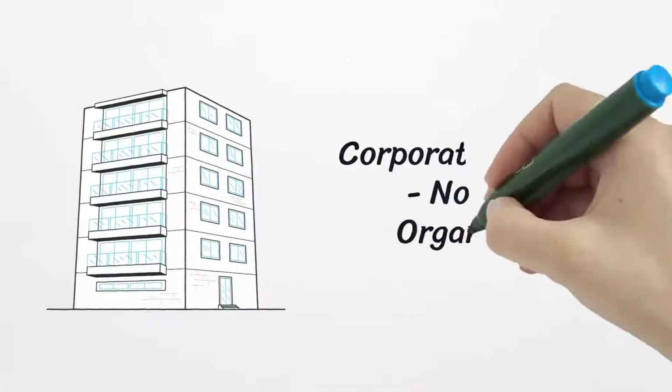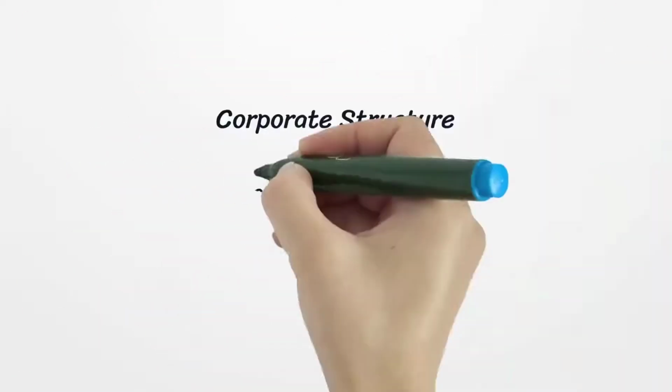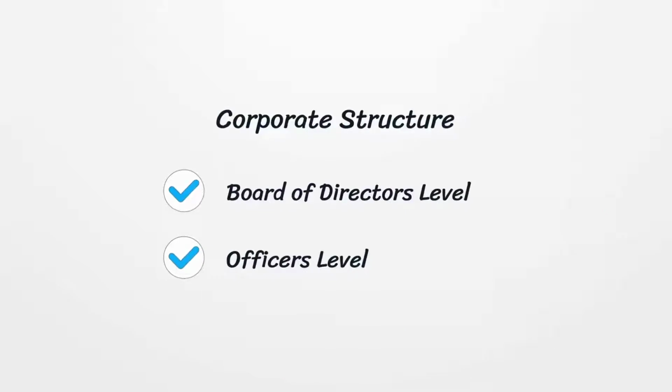Nonprofit organizations follow a similar corporate structure as the C and the S corporations. However, instead of three important levels to consider, there are only two: the board of directors level and the officers level. Shareholders level doesn't exist within the nonprofit business structure because the actual purpose of a nonprofit is not to make a profit from goods and/or services provided, but to provide goods and/or services mainly freely to the